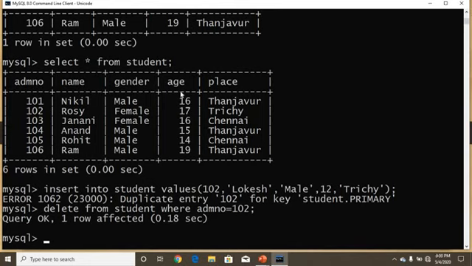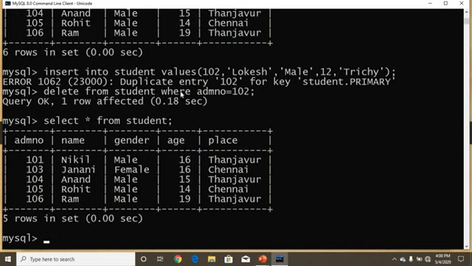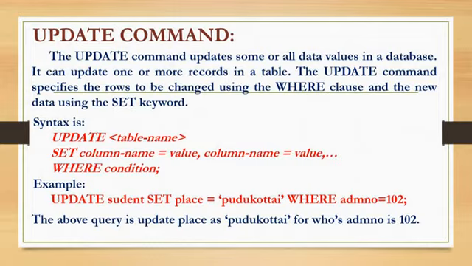What is the result of the table? Select star from student. See, there is no 1 or 2 record because we have already deleted that record. Okay, then the update command. The update command updates some or all the values in a database table.